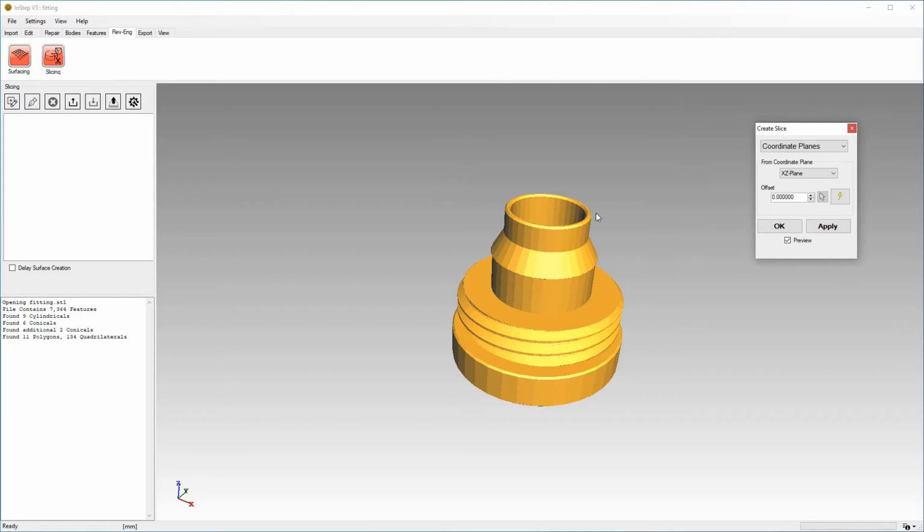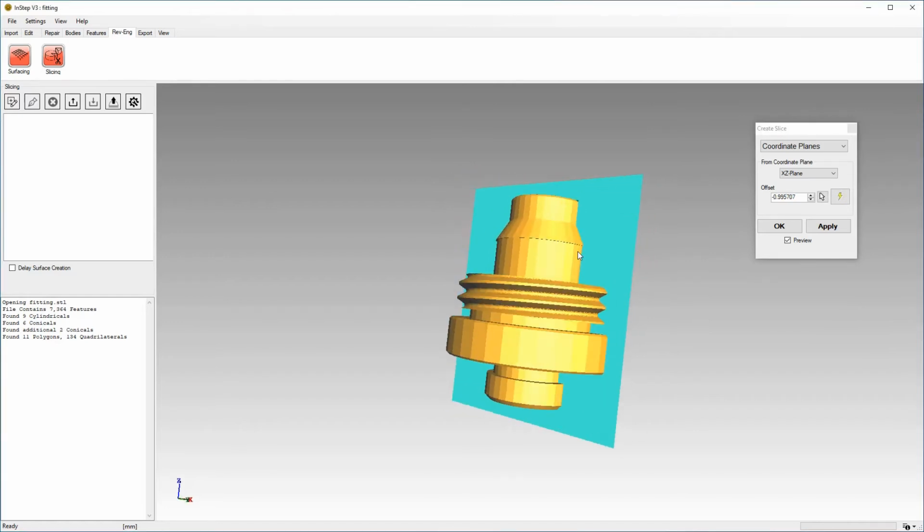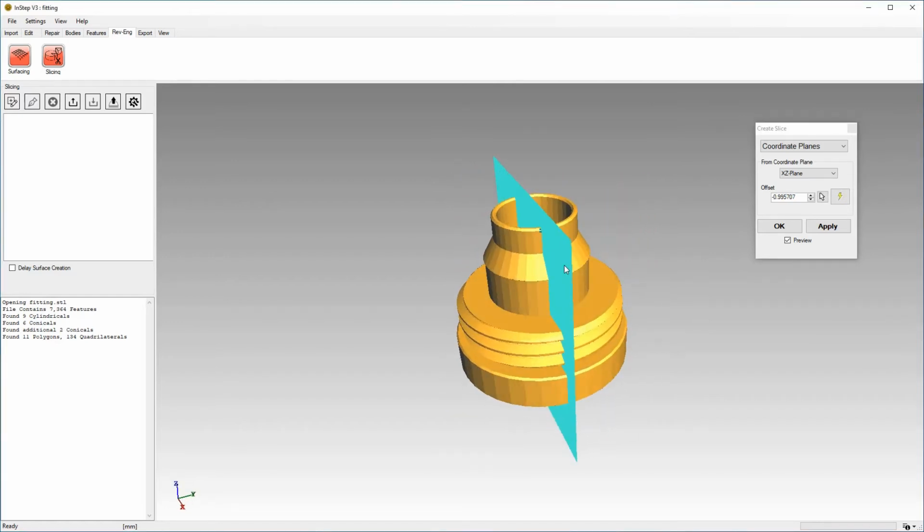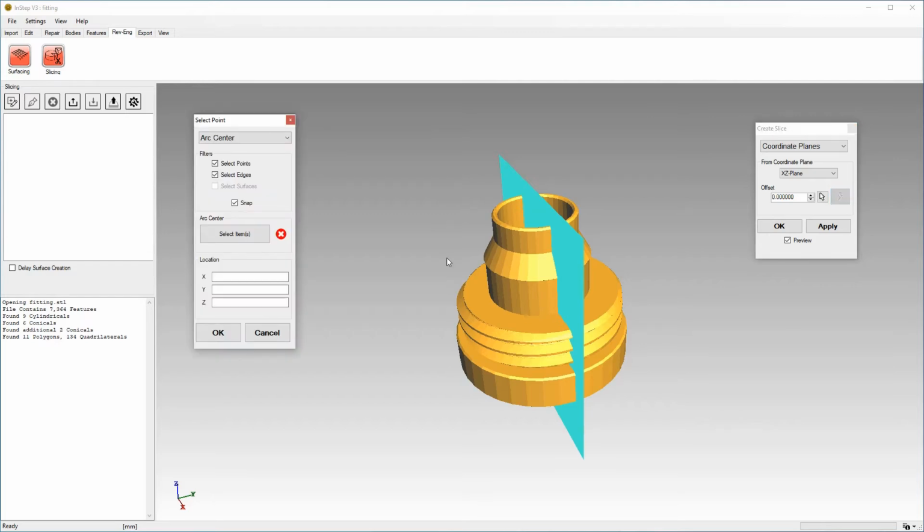We can also go ahead and pick a point, and it will give us a preview of this. Now we know that this body is actually located at the origin, so we could easily just go ahead and set this to 0, and that way the plane goes to the origin. We can also go ahead and use the more advanced point creation tool. And in this case, again, we have multiple options available that you can find more information about in the online help file. But here we're going to use the Arc Center, which is a very useful feature.